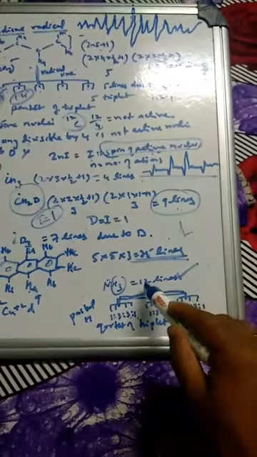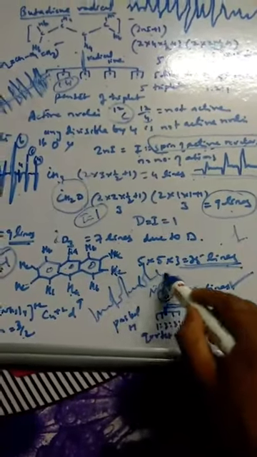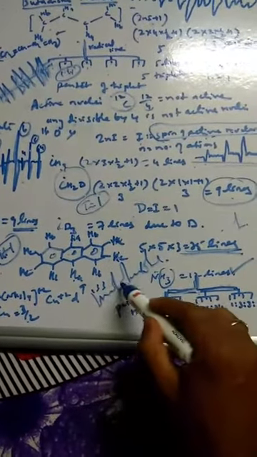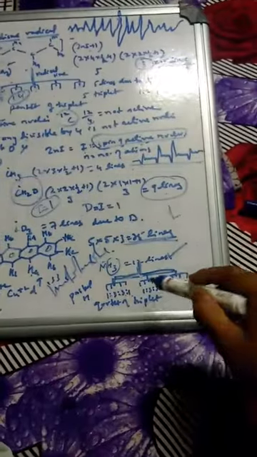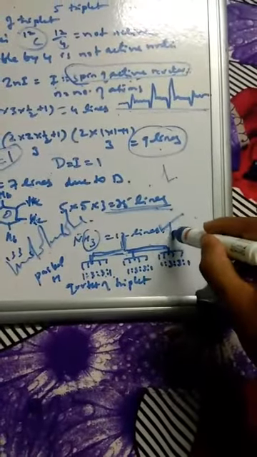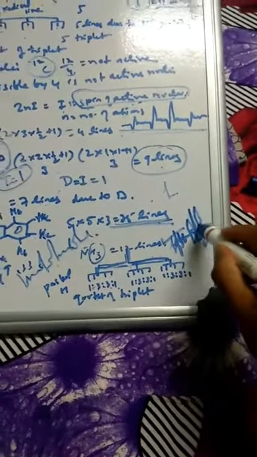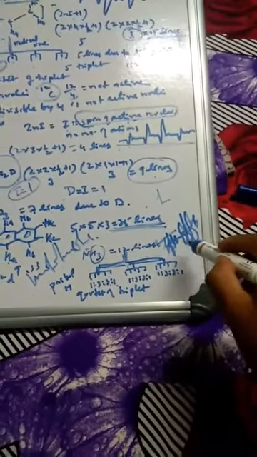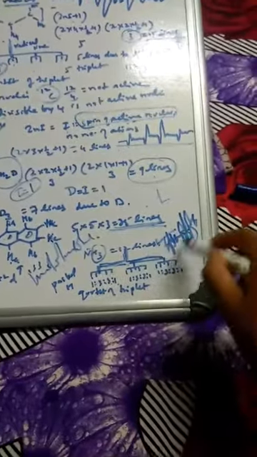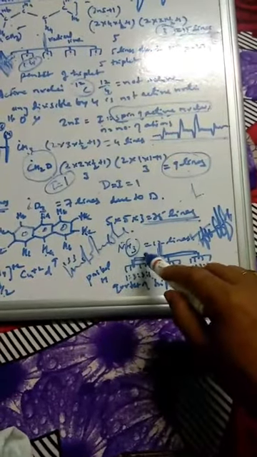If you see the spectra, you are going to get here 12 lines, 1 2 3 4 5 6 7 8 9 10 11 12. In the ratio 1 is to 3 is to 3 is to 1, 1 is to 3 is to 3 is to 1, like this. So in this way we are going to get a quartet of triplets. Triplet 1 2 3, so quartet of triplets, that means 1 2 3 4, 1 2 3 4 like this. 4 triplets are 12 lines. So this is how the hyperfine structure I am going to get for this NH3 radical.